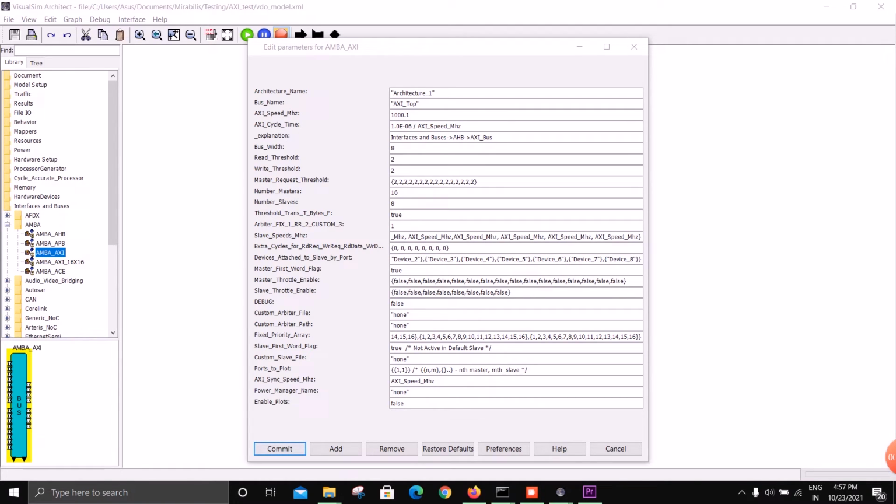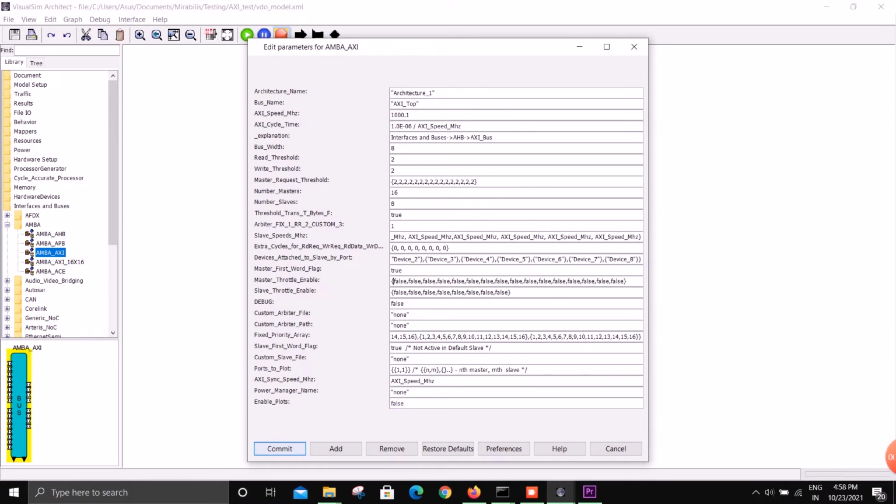Then we have the master first word flag. When it is set to true, the AXI will send the first word of the data, meaning whenever the master receives the data from the slave. When it's set to false, the last word of the request data is sent to the master.